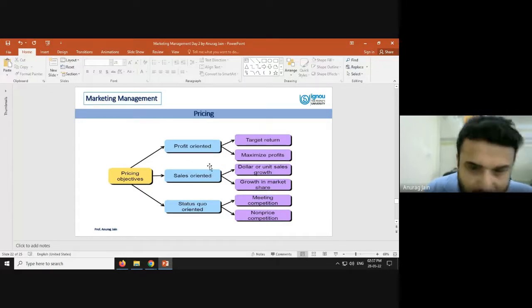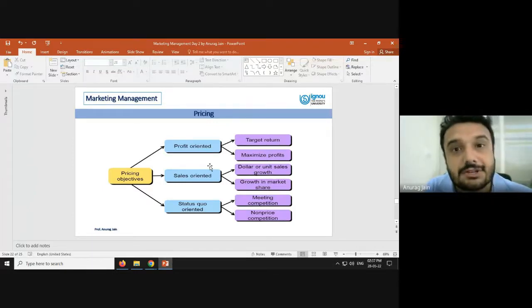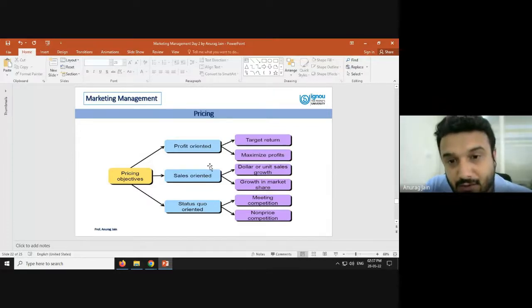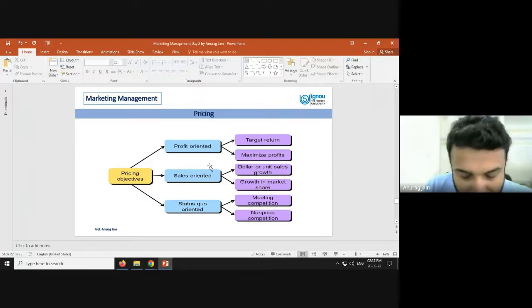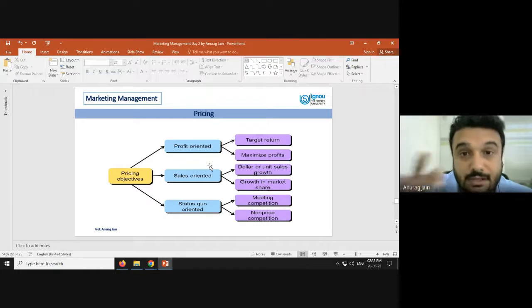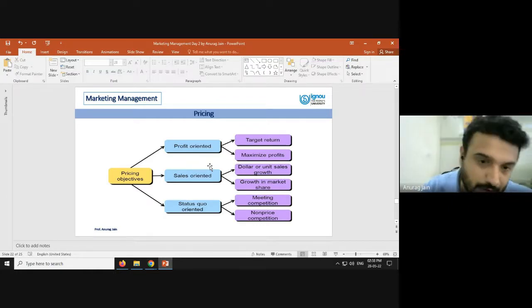The next thing which we are going to talk about is pricing, and why pricing is important. It is important for both marketers as well as customers, because as a marketer, my profit is actually going to come through pricing, and as a customer, what I'm going to buy and how much I'm going to pay actually depends upon the price. And that is the reason pricing is one of the major decisions and one of the important elements out of the 4 P's which we have discussed so far.